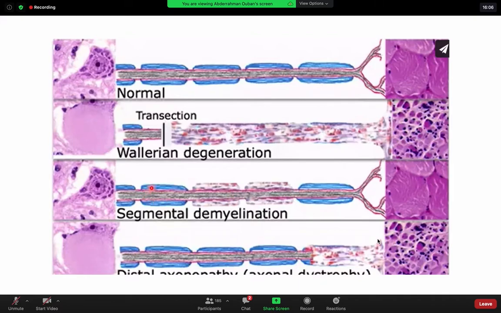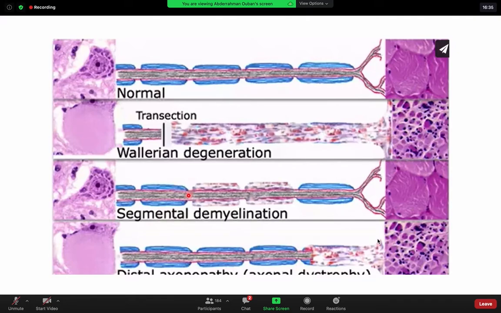So some of the myelin sheaths are still present, as you can see here, but some of them are breaking down. All right, so as a result of that, the nerve conduction velocity decreases and the neurological function